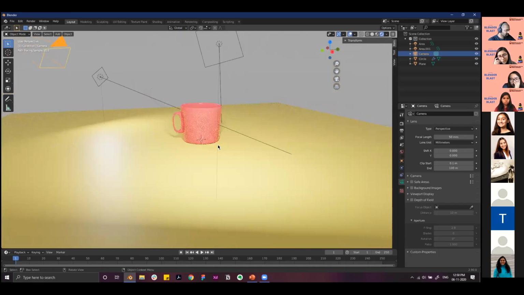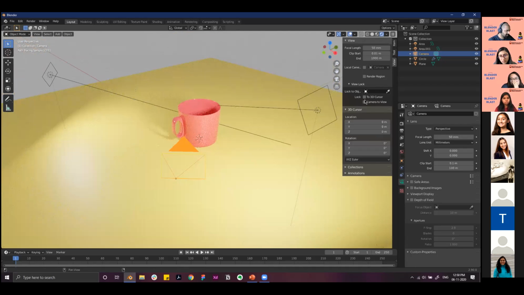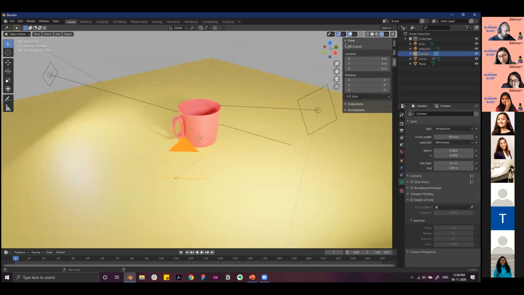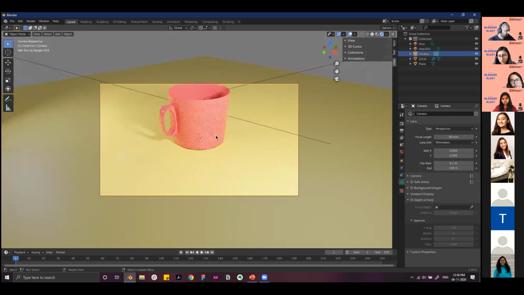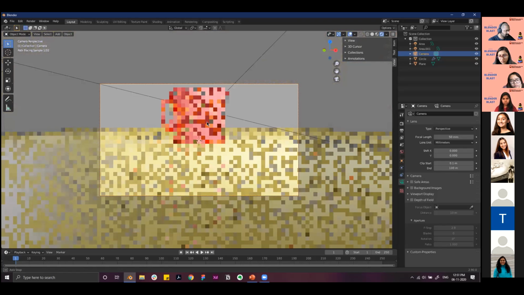The way to handle this is by clicking on View on the side panel. Once you click on View, there's an option of Lock Camera to View. If you select that and click on the camera icon, you can move with the middle mouse and set up the scene in different ways.